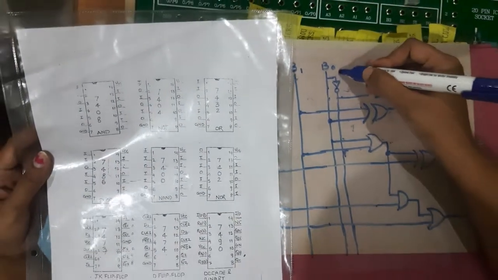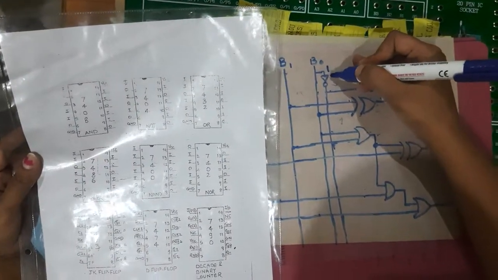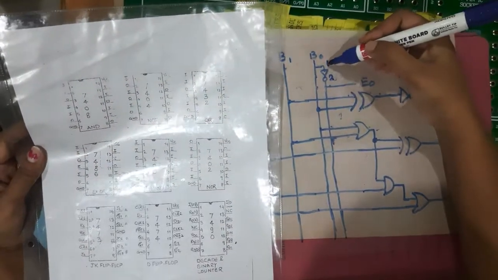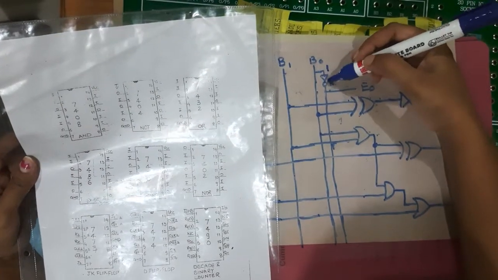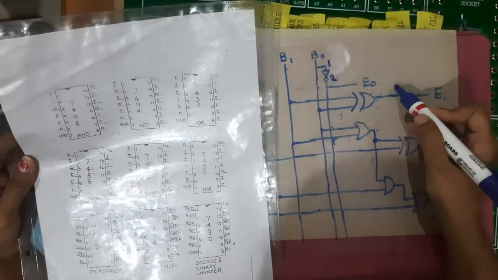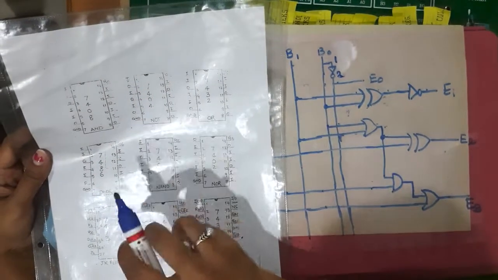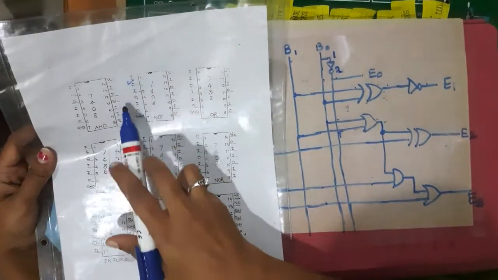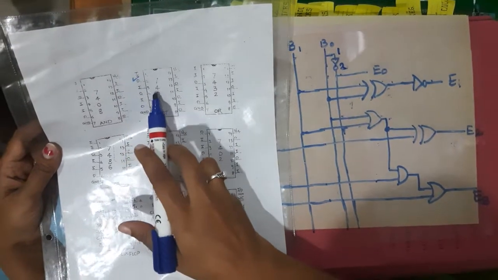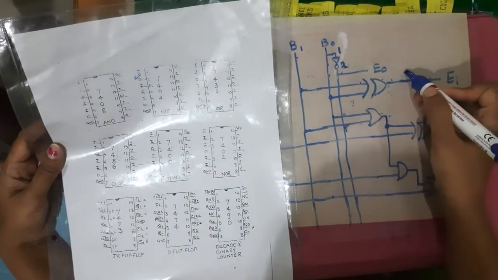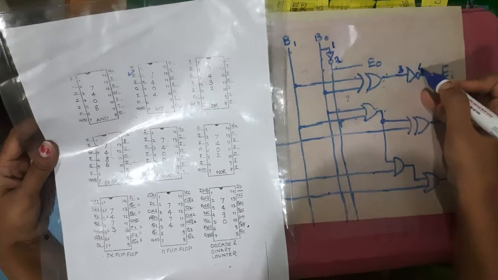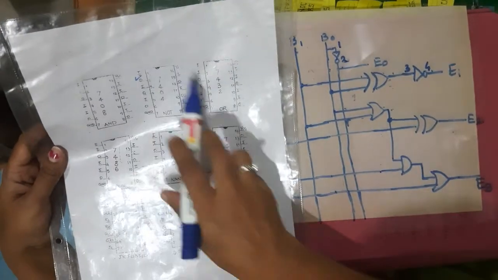So if I connect this input as the first input, I will be getting the output at the second, right? So if I provide input to the first pin of the NOT gate, I will be getting output at the second pin. Now here again, I can use any of the combinations. The first part is done, so I can use the second combination of input output, 3 and 4. So I'll provide input to 3, and I will be getting output at 4. Okay, so this is done for the NOT gate.